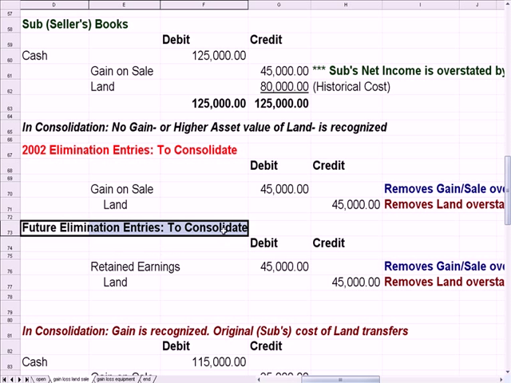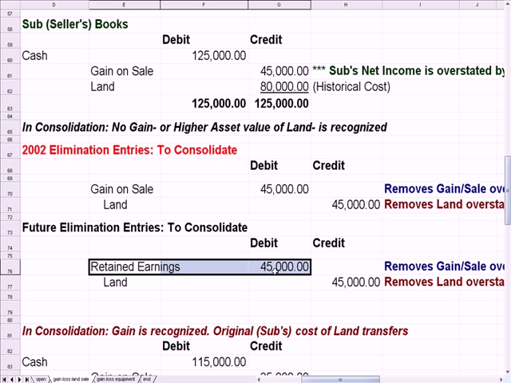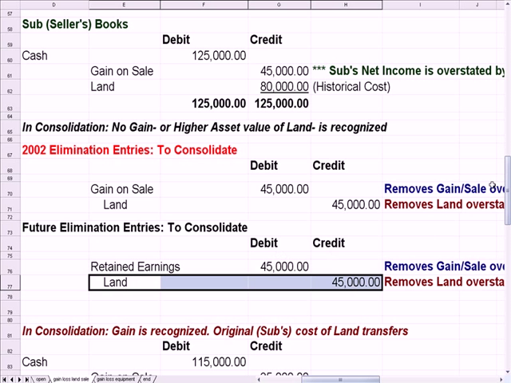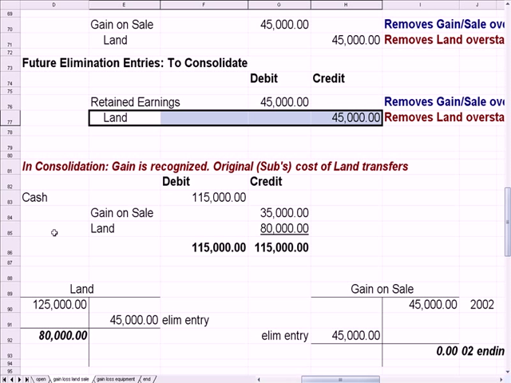In future years, that gain on sale that was in net income is going to go to retained earnings. So if it was a future year, we debit retained earnings to get rid of that gain, and we would still be crediting land. Okay. And it says in consolidation here, I'm just going to widen this just a bit. There we go. In consolidation,